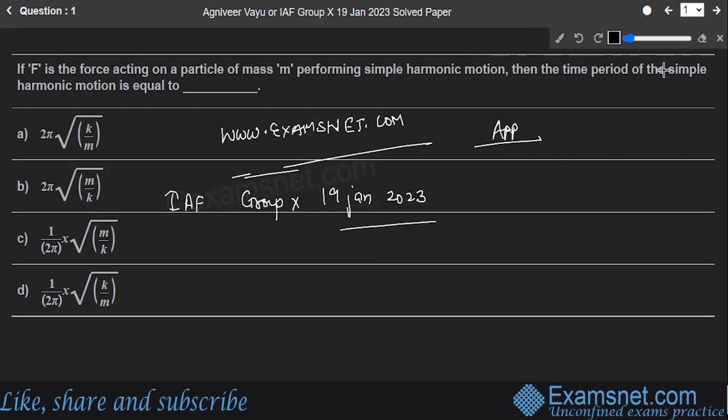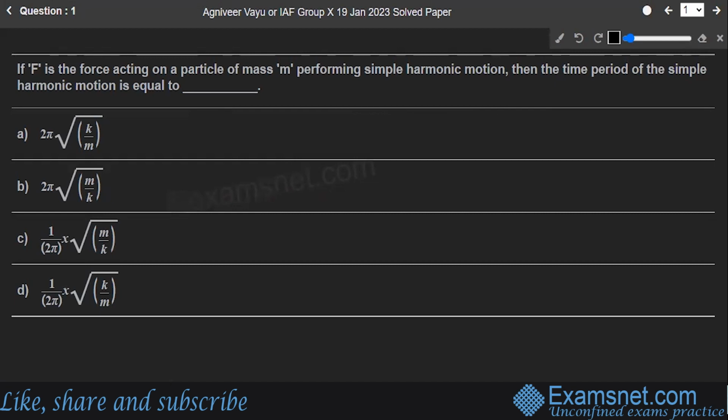Here we go. Question number 1, physics question. It says, if F is a force acting on a particle of mass m performing simple harmonic motion, then the time period of the simple harmonic motion is equal to. First of all, if I talk about the simple harmonic motion or SHM, it is a special type of periodic motion or oscillation where the restoring force